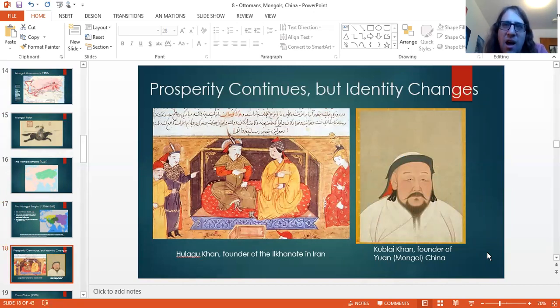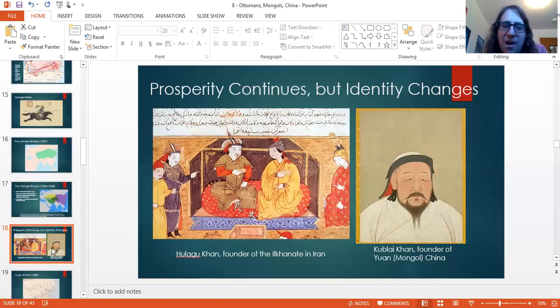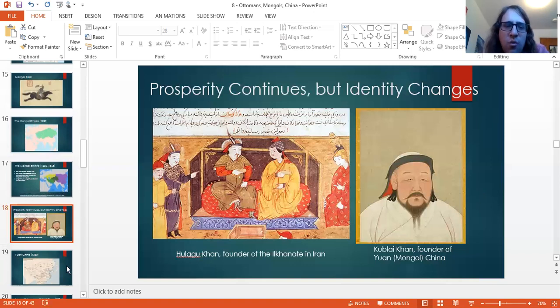So as much as they were being ruled by Mongol outsiders, the Mongols took on the practices and the ideas of those cultures. In Iran, Hulagu Khan was the founder of the Il Khanate and basically learned from Persian culture. In China, Kublai Khan, whose name is a bit famous, he basically ran things like a Chinese emperor and established himself in Beijing in the sort of areas of Chinese power and control. And so that's going to lead us into our discussion of Yuan China.